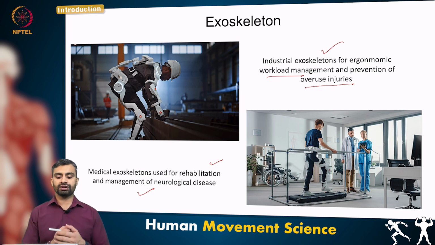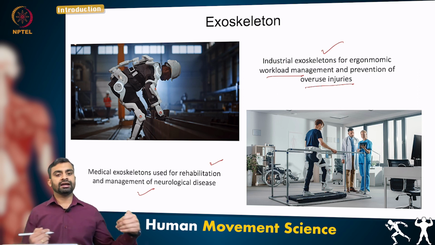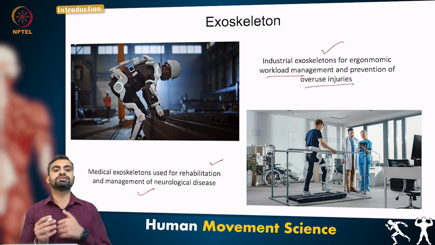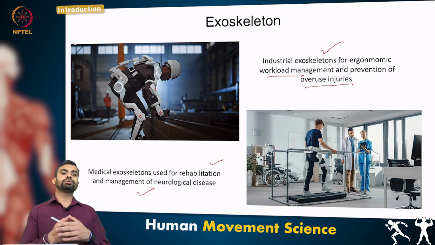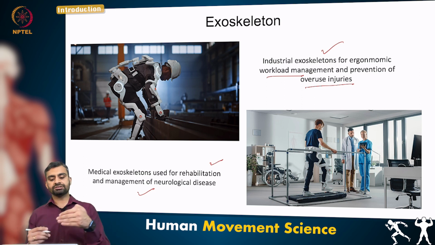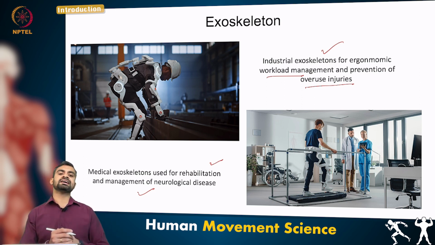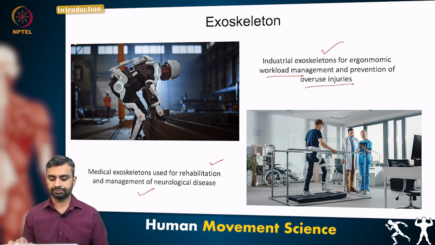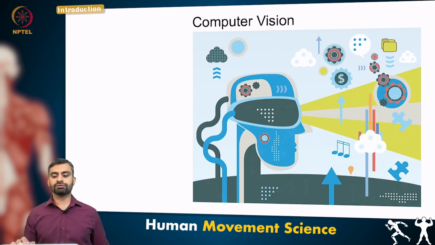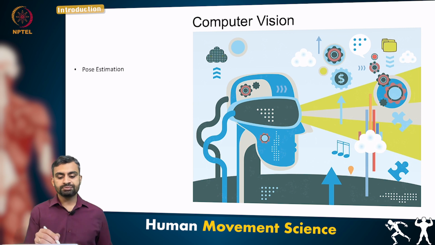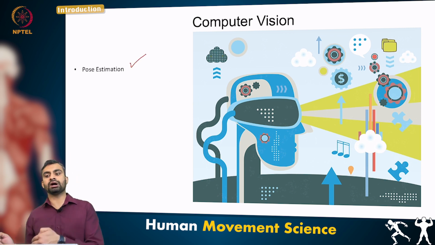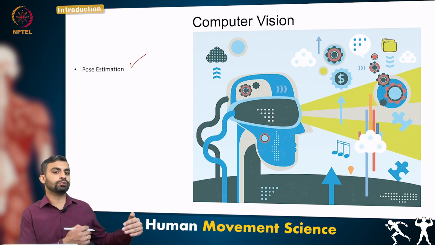So in this case what will happen is, if you get injured, to restore the function, an exoskeleton is used to train or to rehabilitate you through the process, or in case of neurological disease it will help us to regain the impaired movement. In case of computer vision, it is being utilized for pose estimation, whether you are standing, whether you are making a certain specific pose,